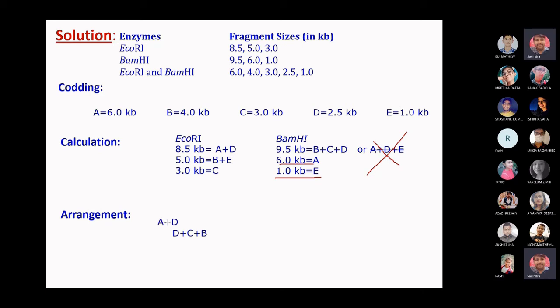If A plus D is here, so after overwriting D over D, we can write A on the other side of D. Then B is there, we can write B plus C. So in any case, B and D will be on the extreme end. The moment you put B or D in the center, you will face problems while arranging A plus D or arranging B plus C.